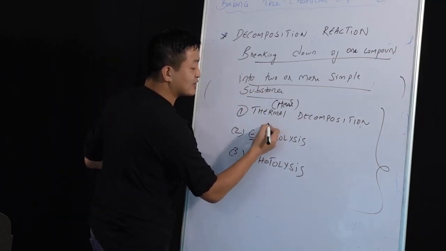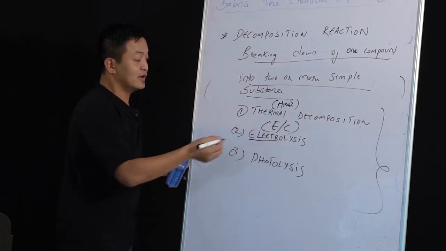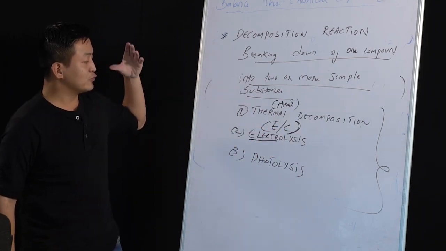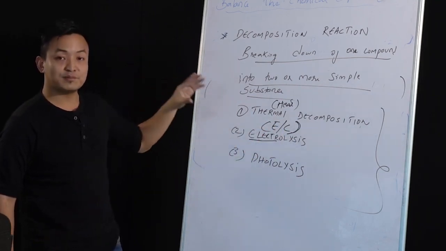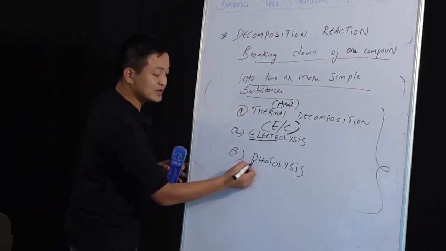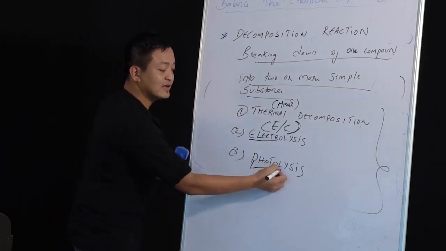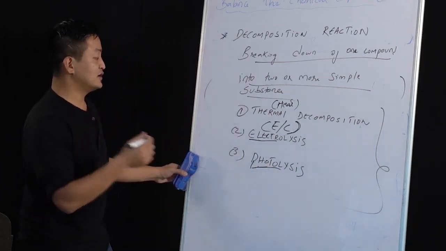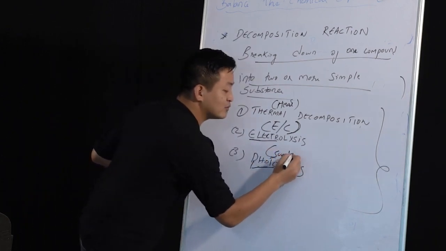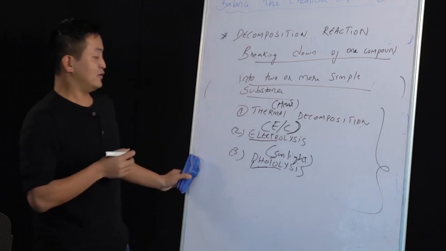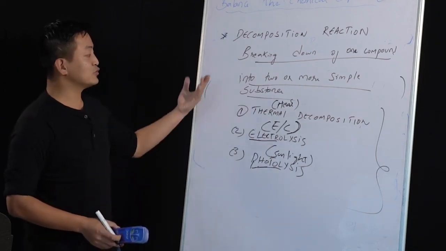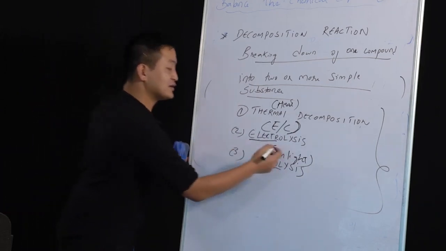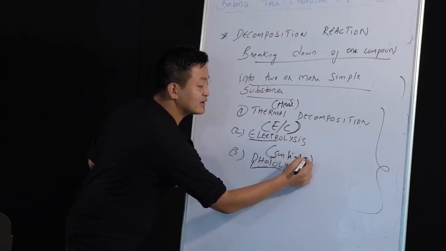Electrolysis, electro means electric current. I will just write in a short form so that you understand. EC means electric current. So we are applying electric current to break the compound. Clear? The third one is photolysis. Photo means light. So the third one here is we are going to use just the natural sunlight to break the compound. So how do we break the compound? Either we'll use heat, or we'll apply electric current, or we'll use sunlight, natural light, to break the